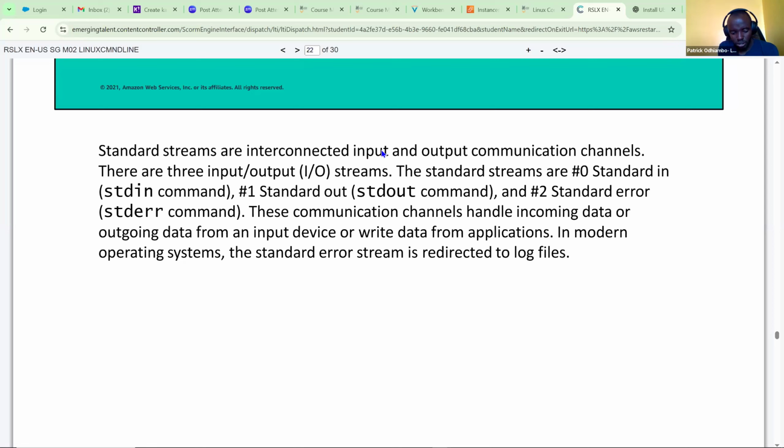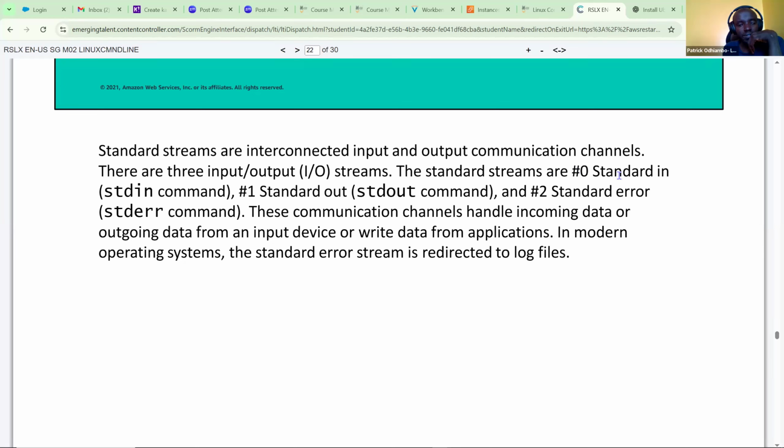Okay. Standard streams are interconnected input and output communication channels. There are three input or output streams. The standard streams are